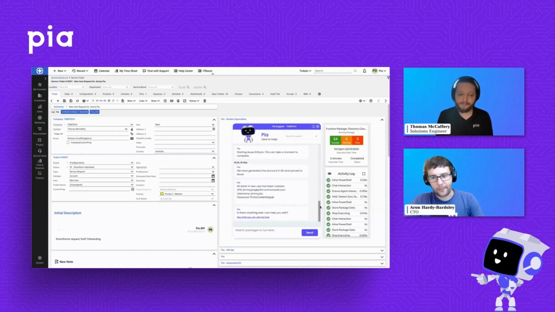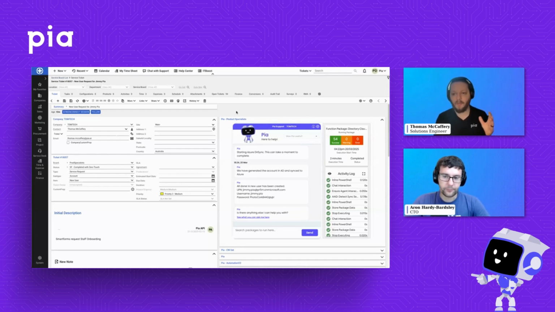We can see down here. And just as an update as well, for anyone who's familiar with our chatbot automations, the version of the automation where you run it yourself as an engineer supports the CSP procurement of licenses. We're announcing today as well that the CSP procurement of licenses for the SmartForm automation, so this one that just ran here, will be available in the next upcoming automation release. So what that means is that not only does Pia check the license, but it will also go out and purchase the license for the supported CSPs that we have today. So very powerful. Absolutely fantastic.